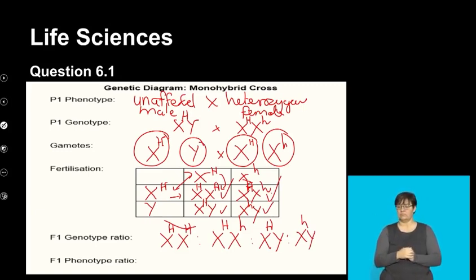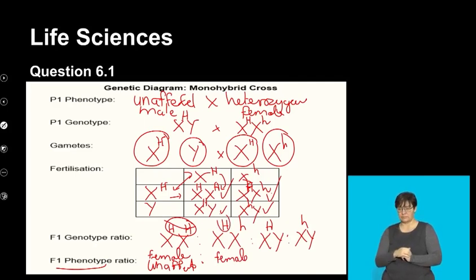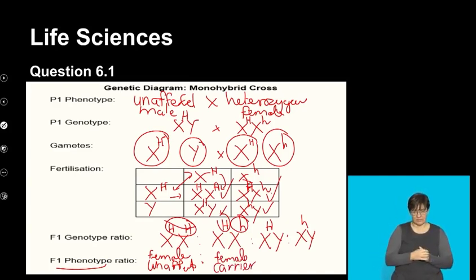And finally, as we wrap this segment up, we've got to write down the phenotype ratio of the individuals. So we've got to indicate the gender, guys. So that's going to be a female that is unaffected because she has both dominant alleles. So that's an unaffected female. The next is a female, but if you look at her genotype, she's got the dominant allele and the recessive allele, making her what we call a carrier. So she's not affected by the condition, but has the recessive allele and may pass it on to the next